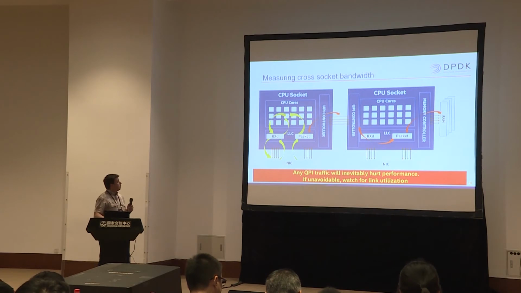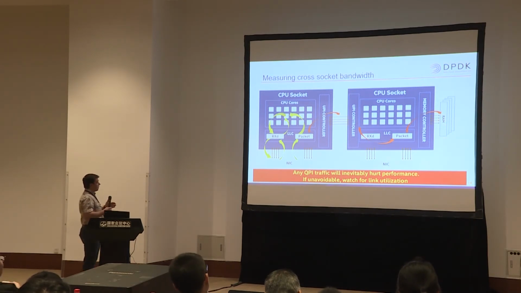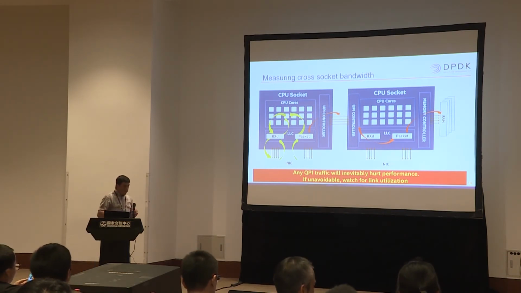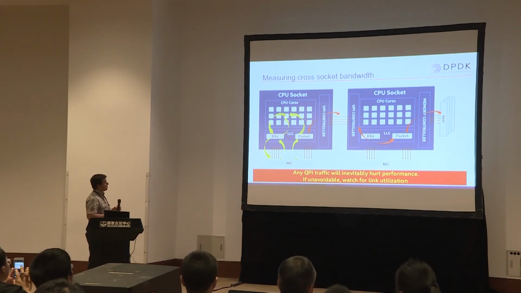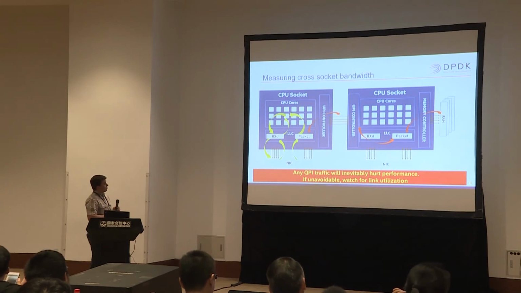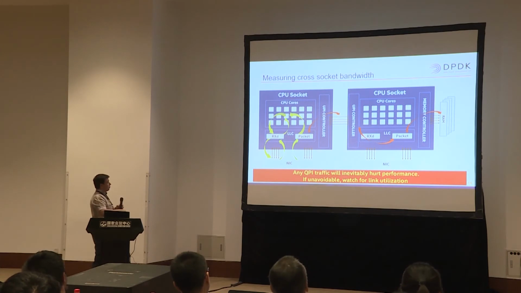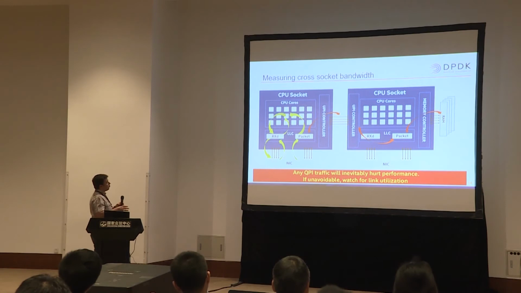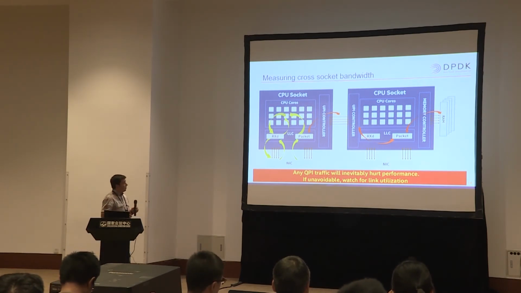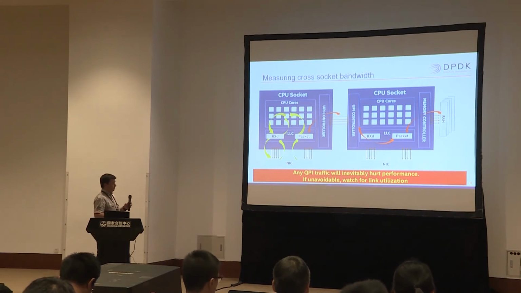It's also worth mentioning that every time we cross the socket boundary, we inevitably hurt performance, just because the latency required for a request traveling through the UPI controller and back is much higher than the latency served from the local cache. We have counters at the UPI controller at both ends, which can precisely track all traffic coming through those boundaries.